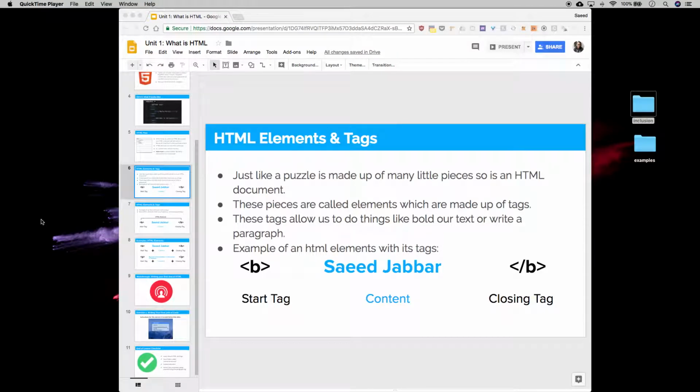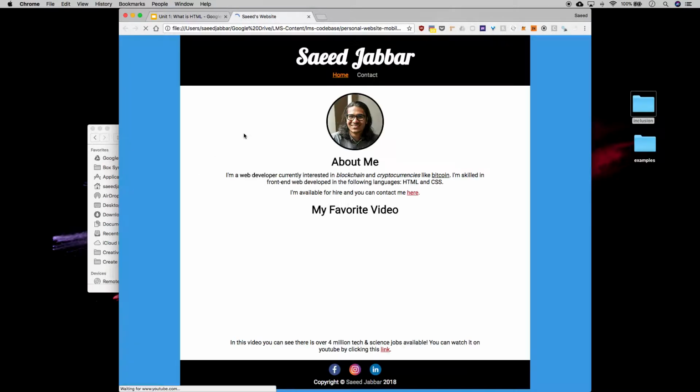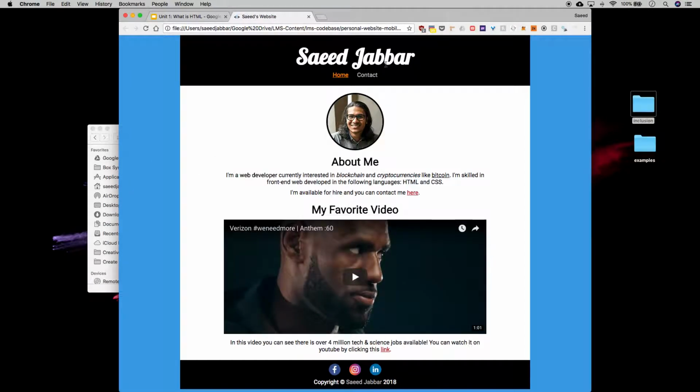Now we're going to talk about something called an HTML element and HTML tags. So imagine a puzzle. It's made up of many little tiny pieces. This is the same case with HTML files. For example, if I open our final website,